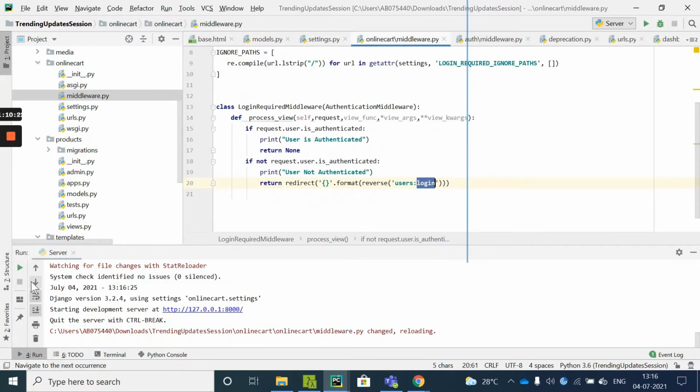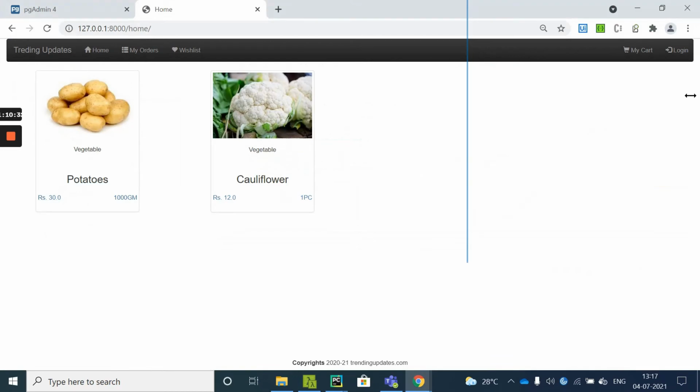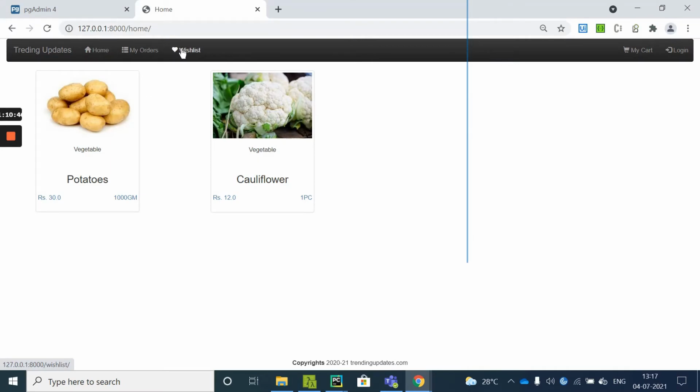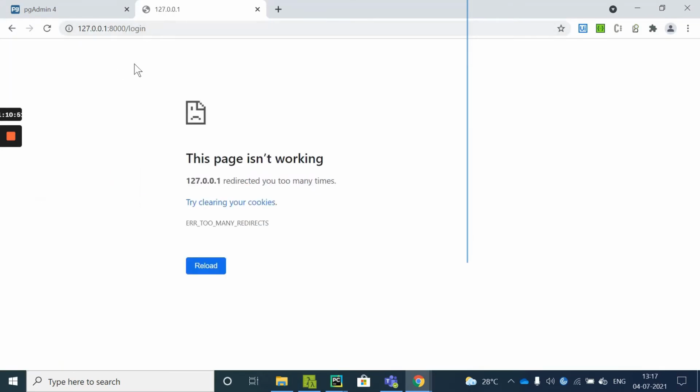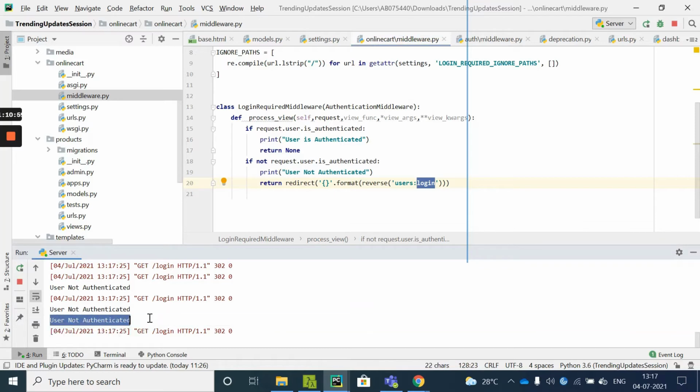Let's wait for the server to reload and quickly see what's happening. Now my user is not logged into the system. Let's see how things will work. I'll click on the wishlist page. You can see here what is happening. Whenever I click on wishlist, it said user not authenticated, and it moved to the page.